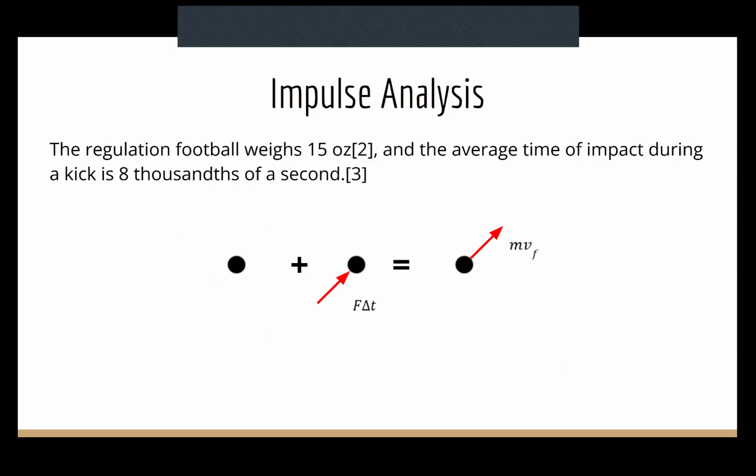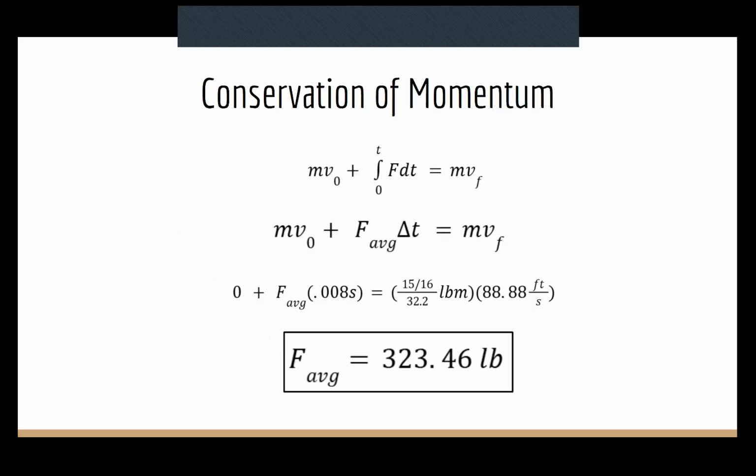I was then able to use an impulse analysis, knowing that the regulation football weighs 15 ounces and the average time of impact during a kick is 8,000ths of a second. And again, that 8,000ths came from that study from Louisiana State University. And due to that, I could use conservation of momentum, and plugging in the velocity that we found and assuming that the ball was at rest,